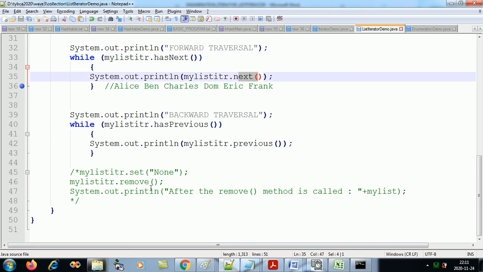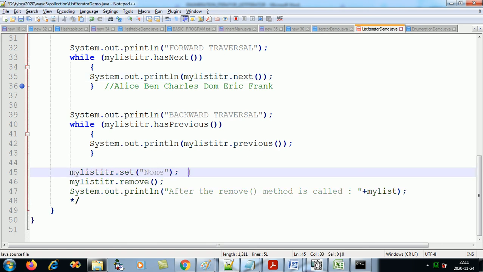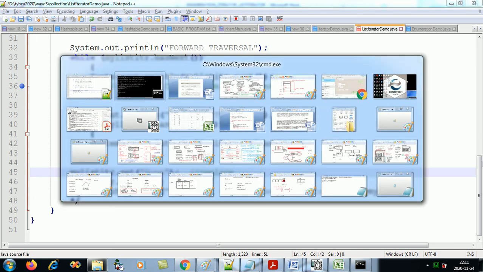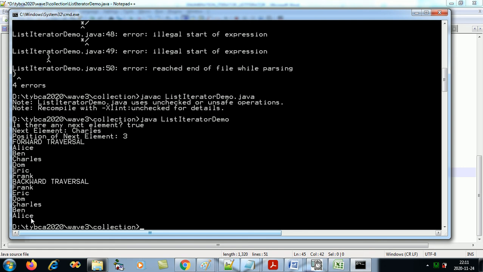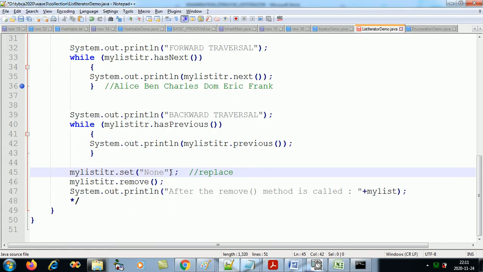Okay, and now if you want to remove where the pointer is pointing currently, so we have replace. So sorry, if you wish to replace, so now going by this previous, the pointer has now again gone back to Alice. Now this is where the pointer is pointing. Now if I want to replace Alice with another, replace Alice with Joe. So what I'll say is, where the pointer is currently pointing, replace that with this.